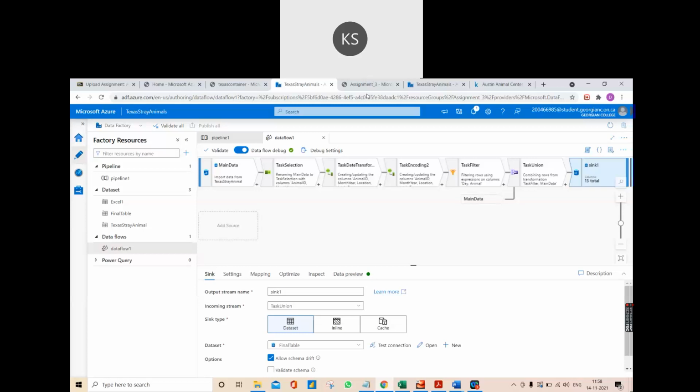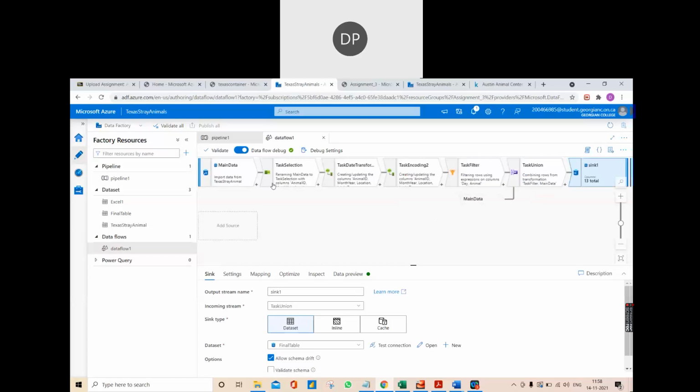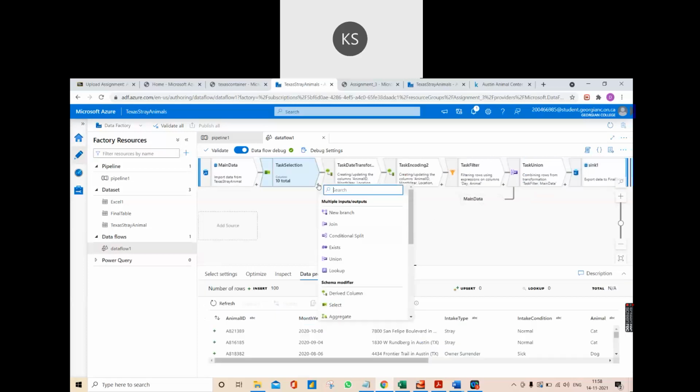Nirmal, can you also click on that plus sign so that we can show how we are coming up with these tasks, how we are selecting the task. Yeah. So on every step, when we click on the plus sign, we get a list of tasks which we can perform on the current data set. This includes schema modifiers like pivoting the table, window functions, rank functions, and aggregating.